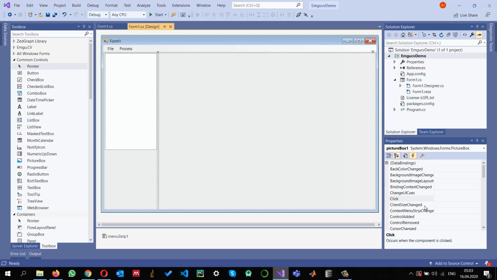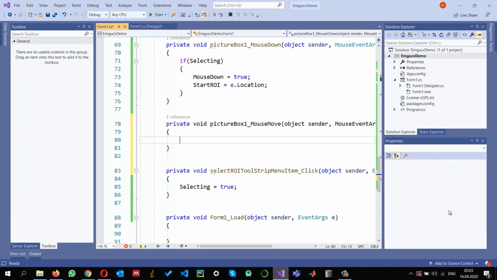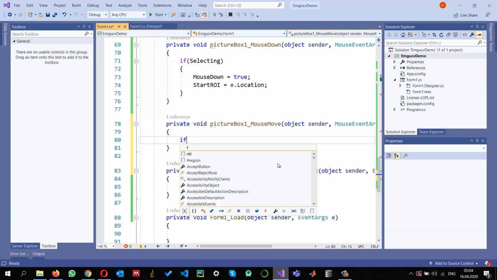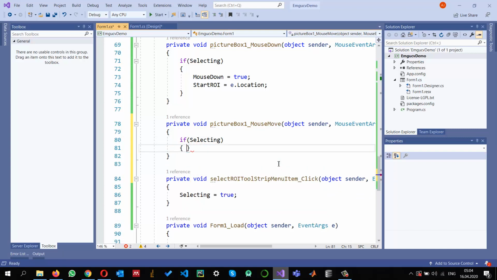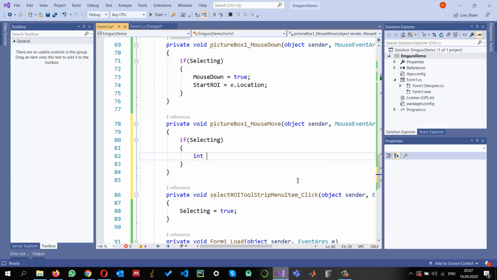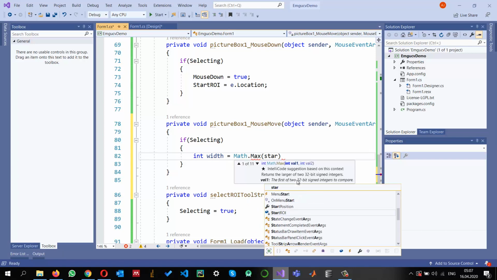Now I need to implement the mouse move event. So when mouse move happens, inside it, I'm just going to check if selecting is true or not. If it is still selecting, what I need to do is find the width of the rectangle. To make it possible to draw in any direction, doesn't matter whether the mouse is going in the upward direction or downward, what I'm going to do